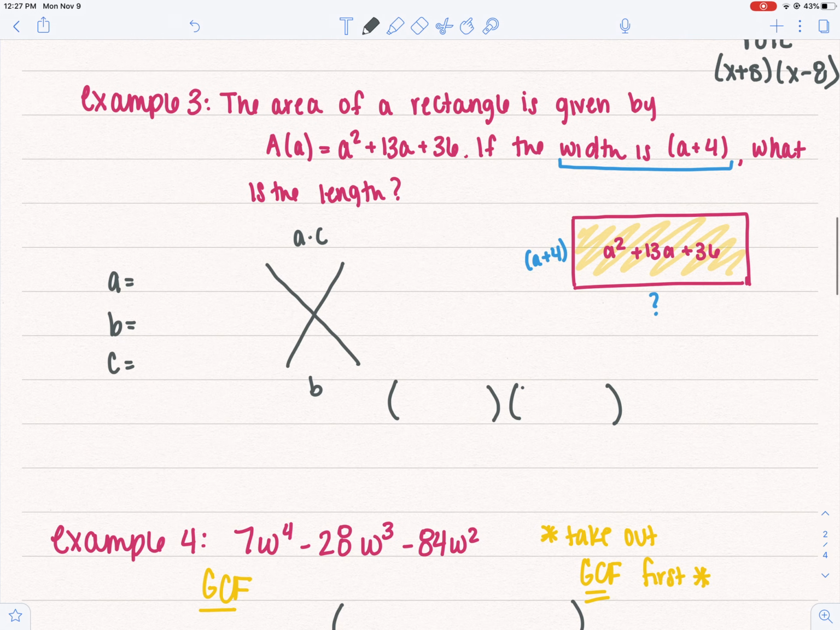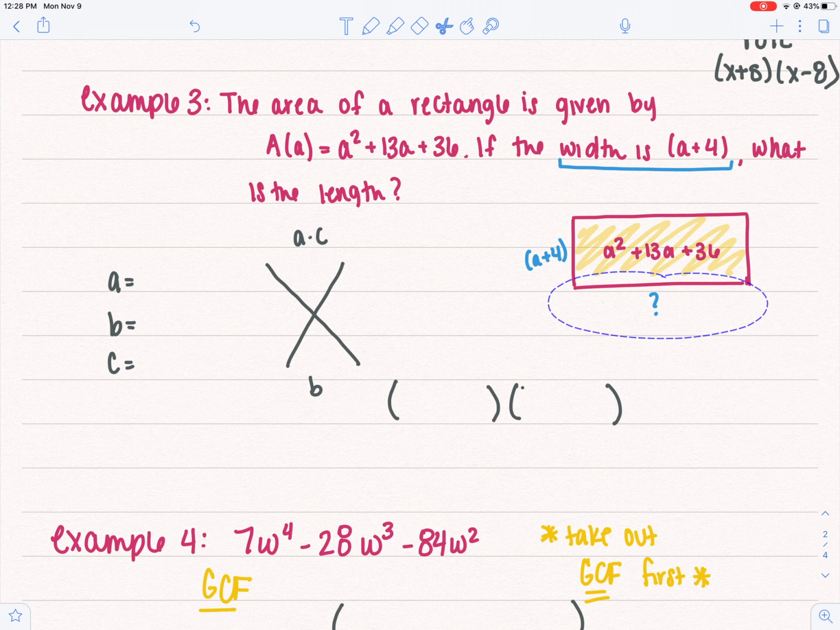Okay, the next one, a word problem, which I know is everybody's favorite, so I wanted to take some time to put it in the video. The area of a rectangle is given by this function, A of a, which just means it's a function in variable a, a squared plus 13a plus 36. If the width is a plus 4, what is the length? So I went ahead and drew a picture. I've got my width over here as a plus 4, and then of course they asked me what is the